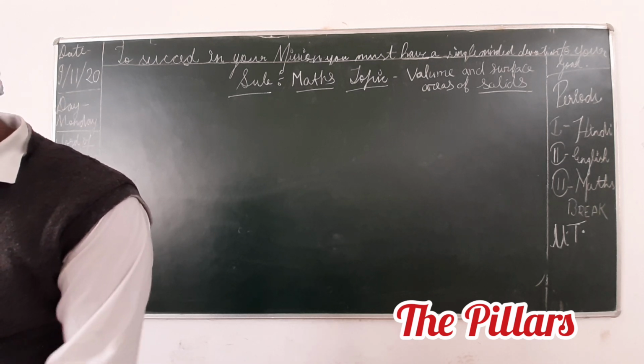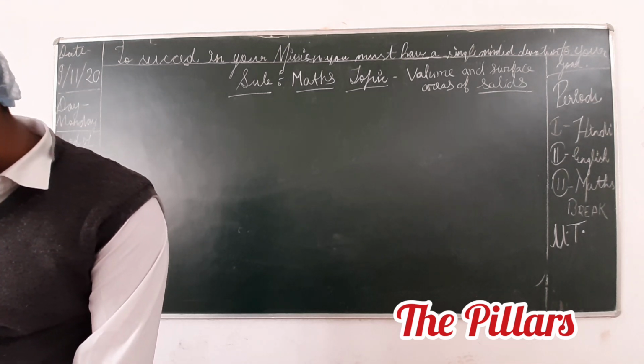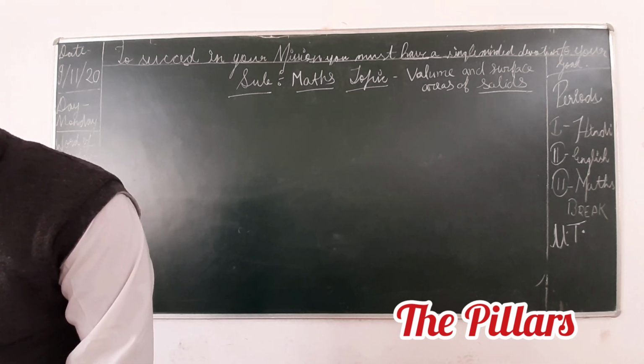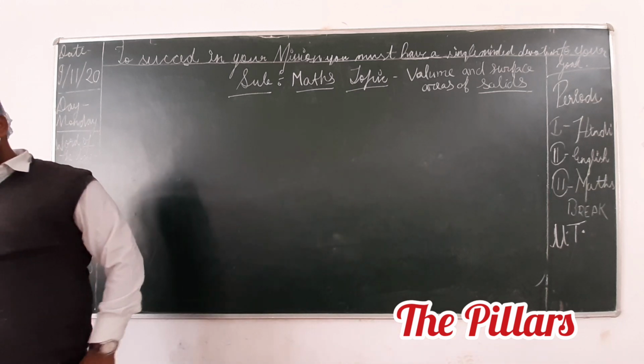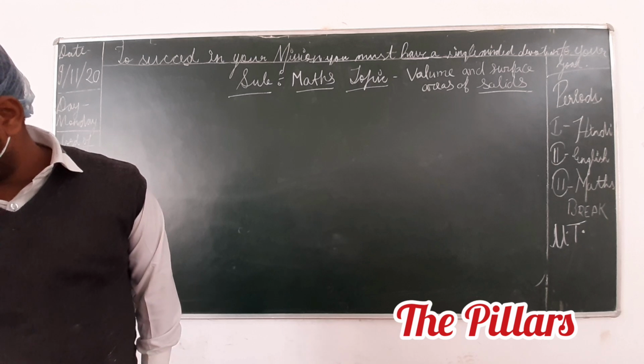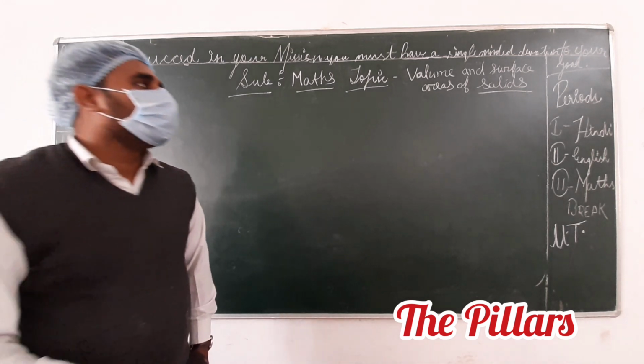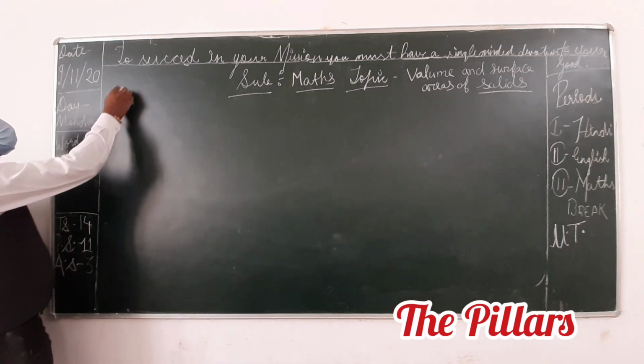You see the question we have to ask in exercise 15B. The diameter of a cylinder is 28 centimeter, given. Its height is 40 centimeter, given. Find the curved surface area, total surface area, and volume of the cylinder. You see what the question tells. Now we start solving exercise